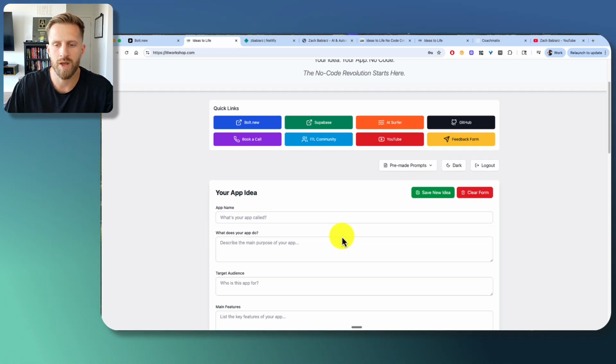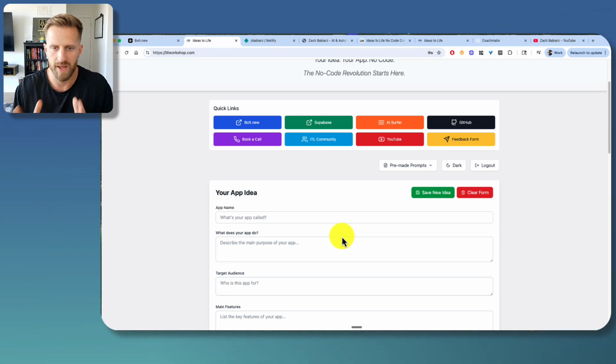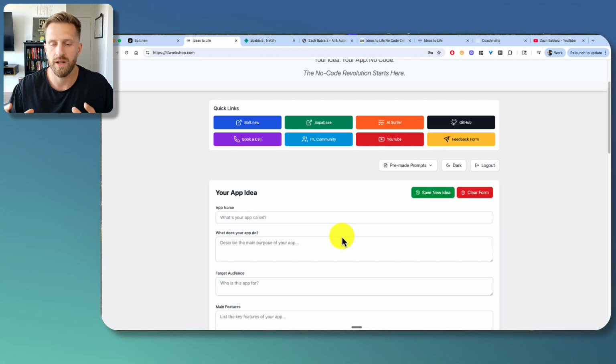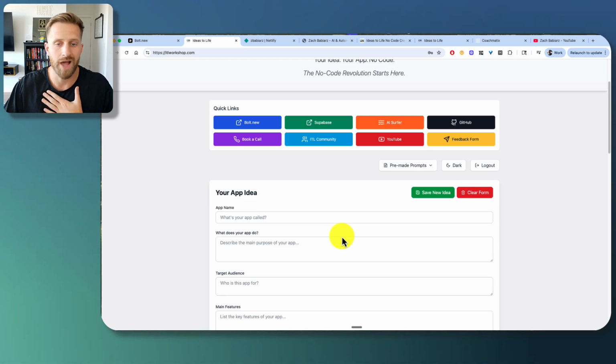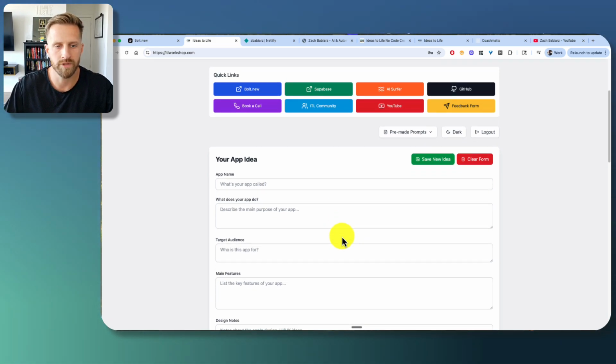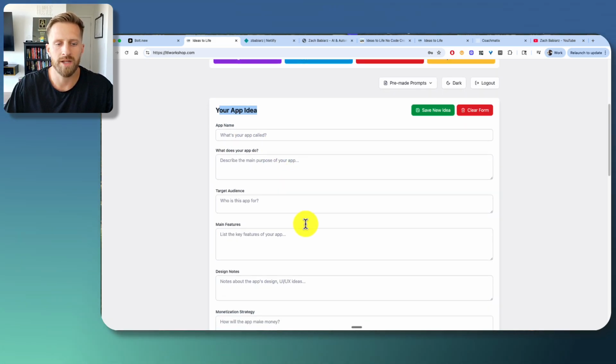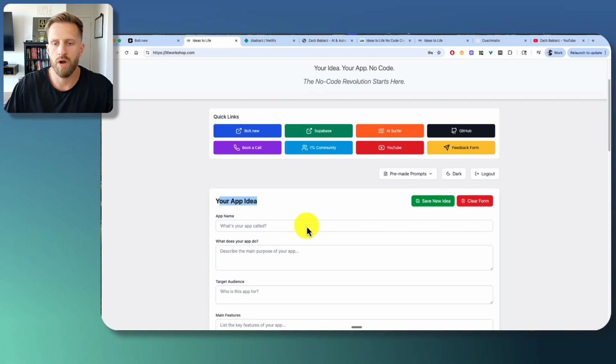I created this to help you make it super duper simple to build apps, build websites, build really cool techie stuff, right? And this is for non-techies, people that don't know how to code, people that don't know a bunch of stuff. I made it very, very simple because I don't know how to code, but I'm able to build this type of stuff and you will be able to as well. So I made this site for helping you build your app ideas, but today we are going to use a